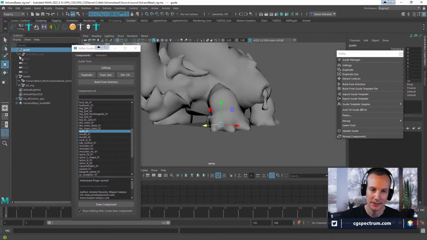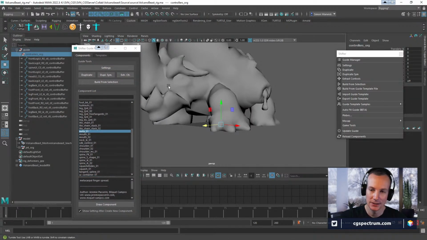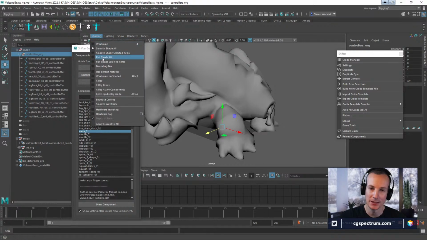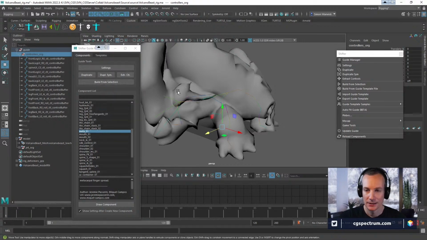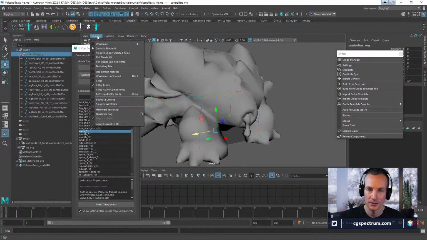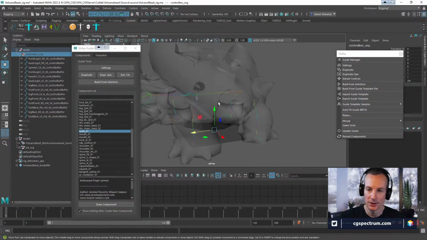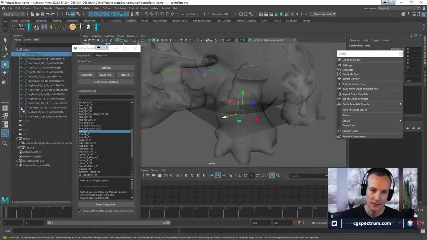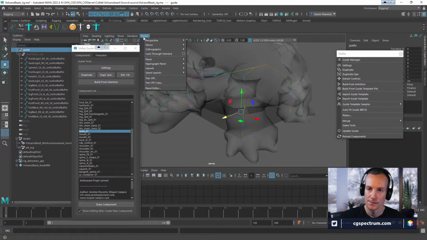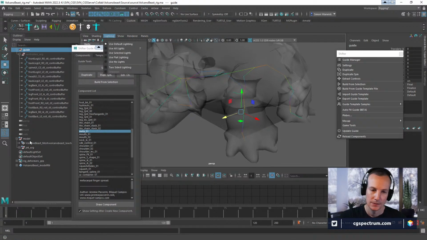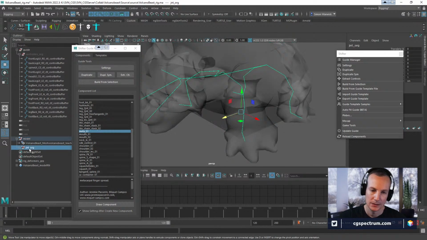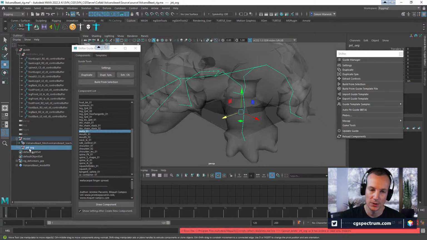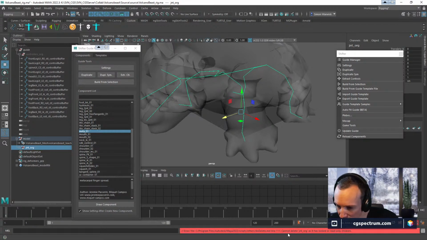Alright, and so what do we got in here? We got guides. I don't even see the guides. Maybe, oh, they're there. Those are the skeletons, though, I think. And we have these joints, which are great, but I'm not sure why I have them yet.